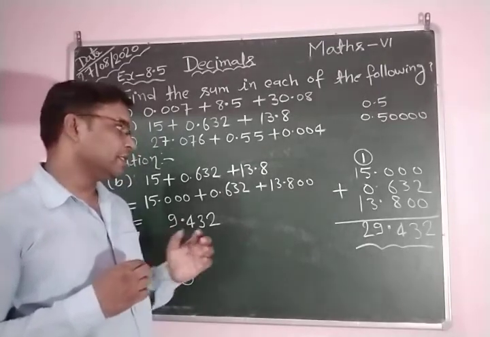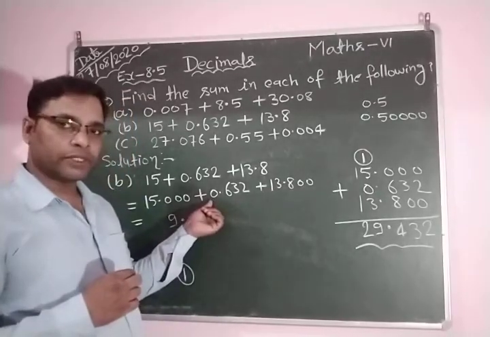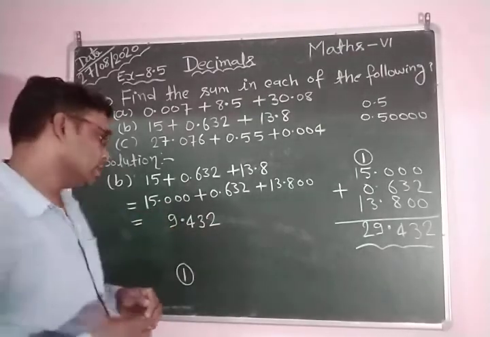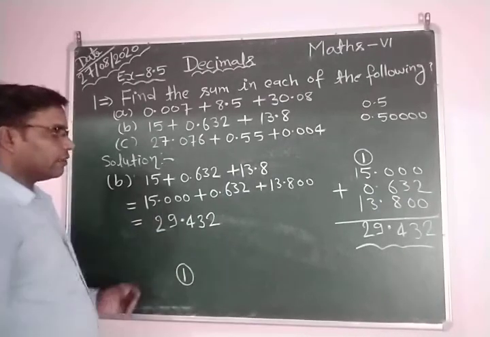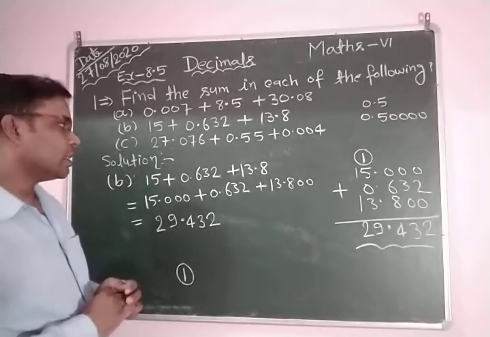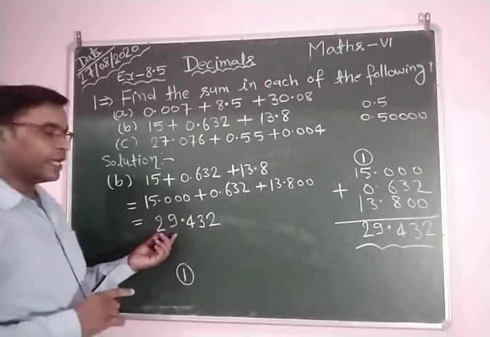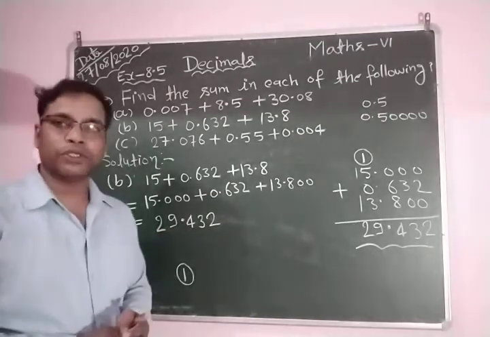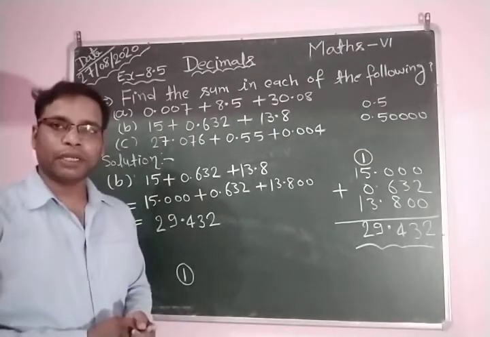10 place digit. The 10 place digit here is 1. Here nothing, but you can say 0. Here the 10 place digit is 1. So 1 plus 1 is equal to 2. So you can see here, we found the sum of 15.632 plus 13.8. This is equal to 29.432. So students, I hope all of you understood how to sum the given decimal numbers,